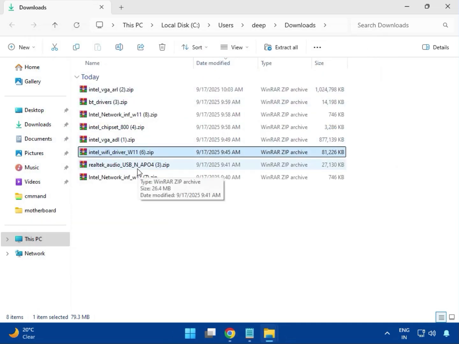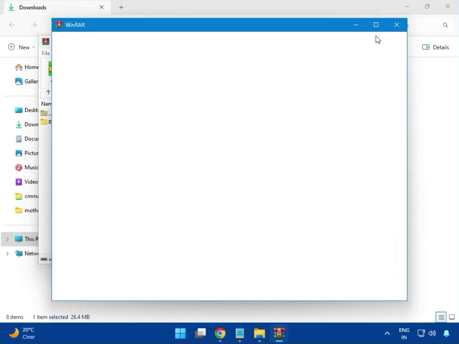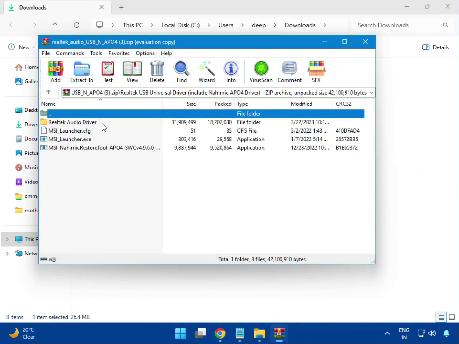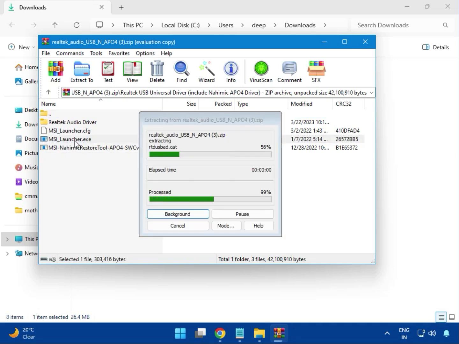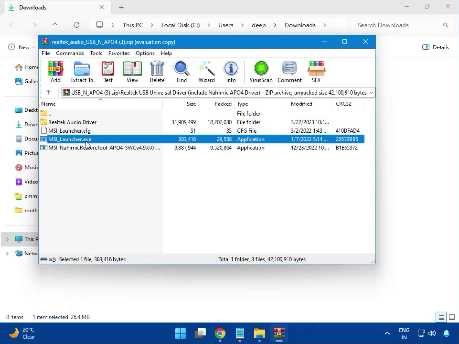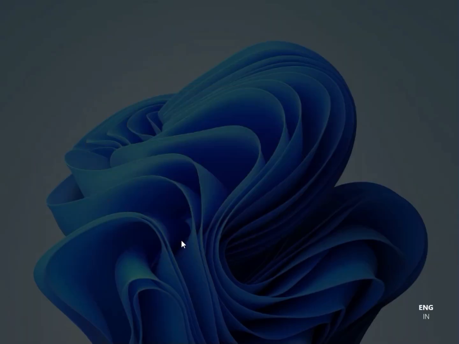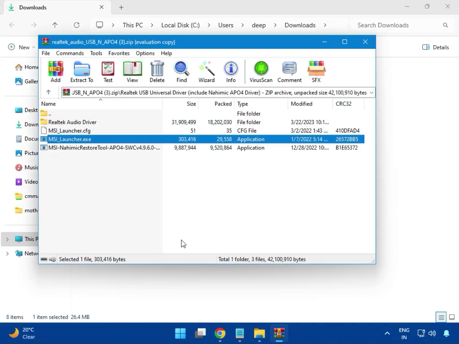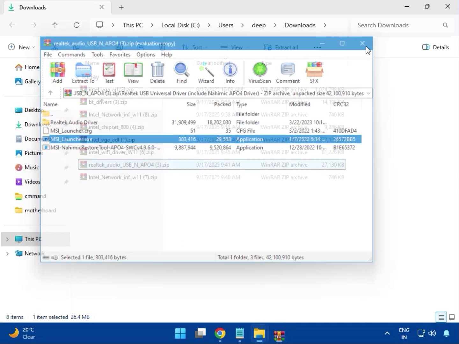Then the audio driver, USB audio, and this is the launcher, so click on this and then click yes. And then click yes, and then it is installing. So then it is all completed. Okay,